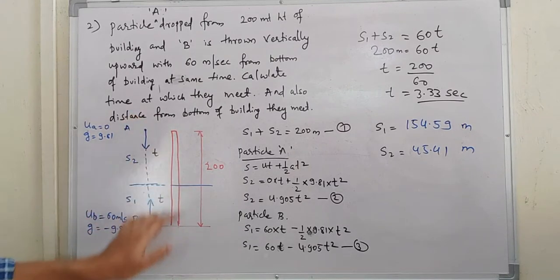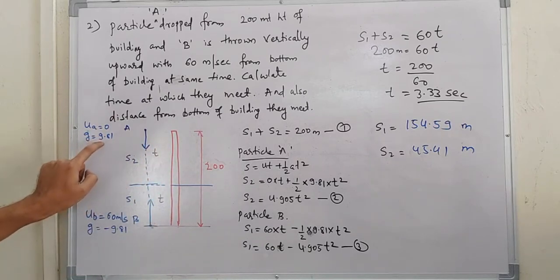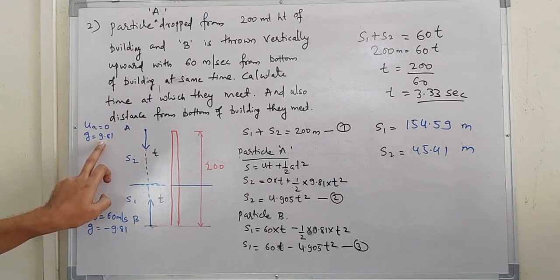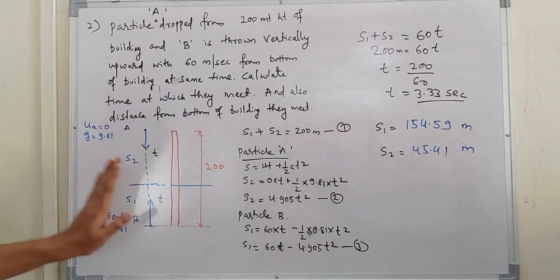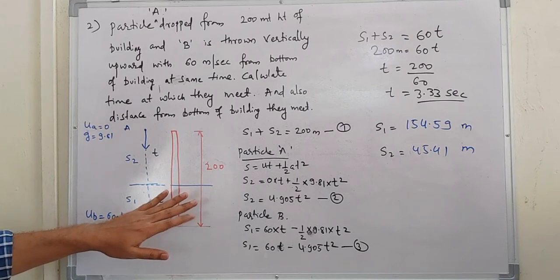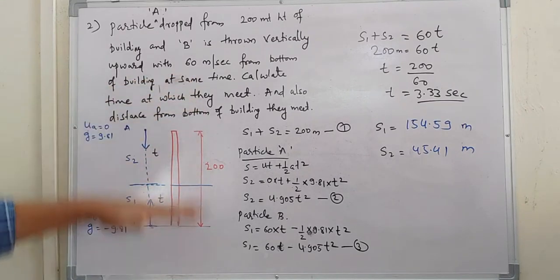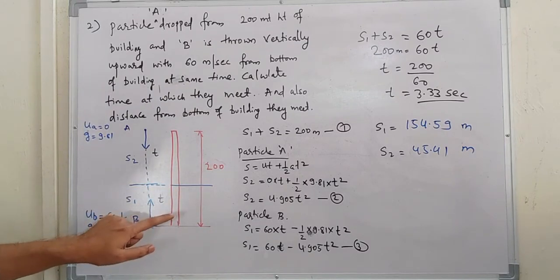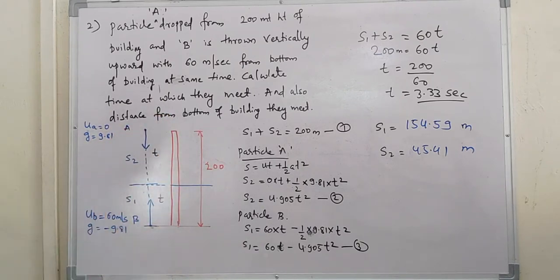What we have done is take distances as absolute, positive values, and acceleration negative while going up and positive while coming down. When you do that, you still get the same answer. Now follow one sign convention. A few textbooks follow what we have done here, and a few follow the other way. They take acceleration as plus 9.81 everywhere, whether going up or coming down, and distances as positive while going up and negative while coming down.